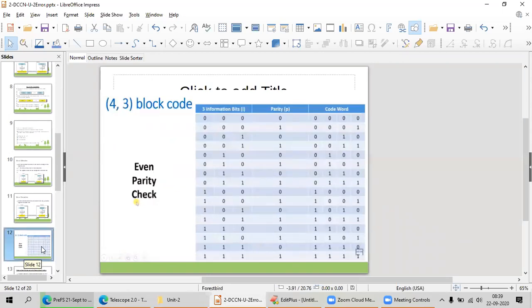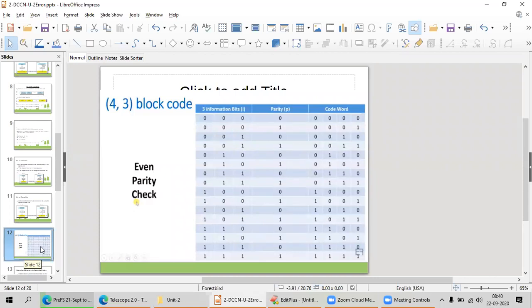Here we have an example. I have 3 bits of information. Here 4 is N, 3 is K, and the parity bit, which is nothing but a redundant bit, I take as 1. That means K is equal to 3, N is equal to 4, R is equal to 1.